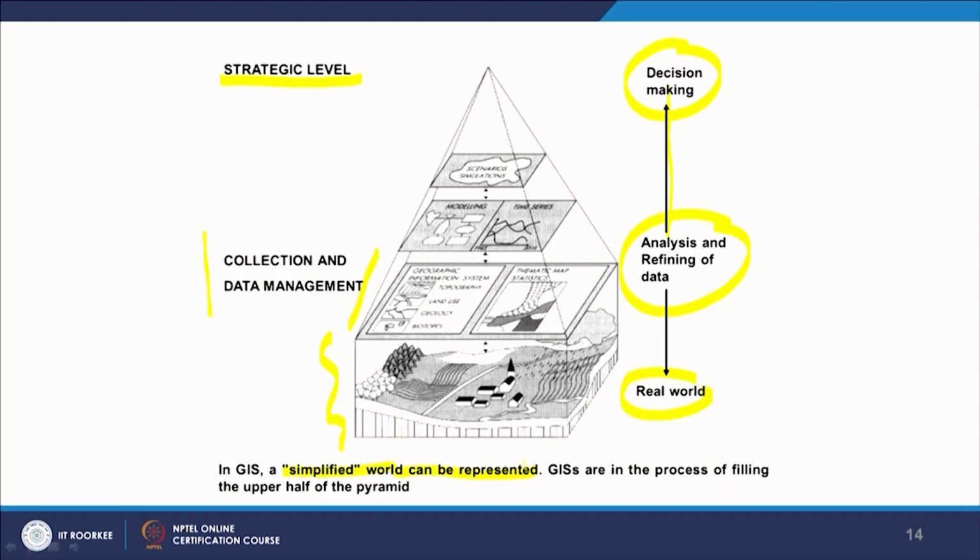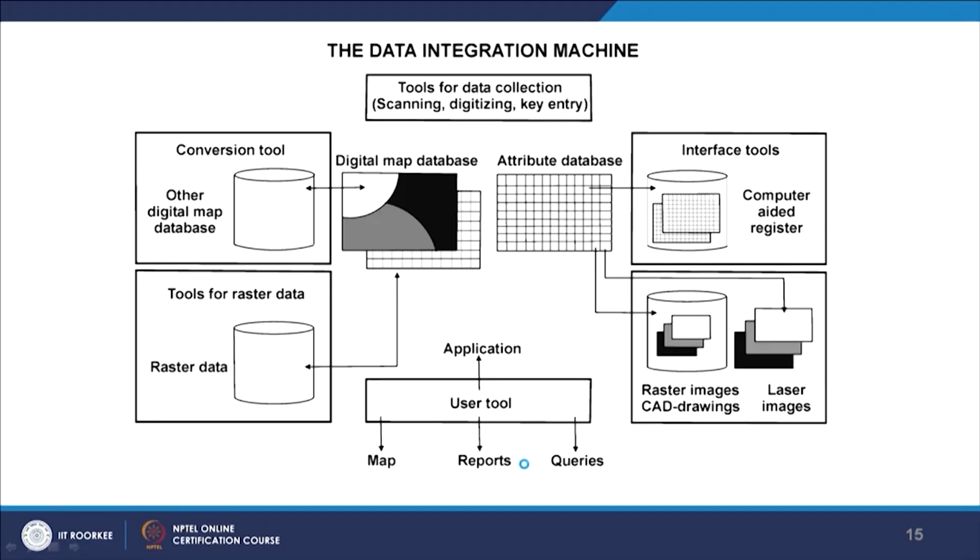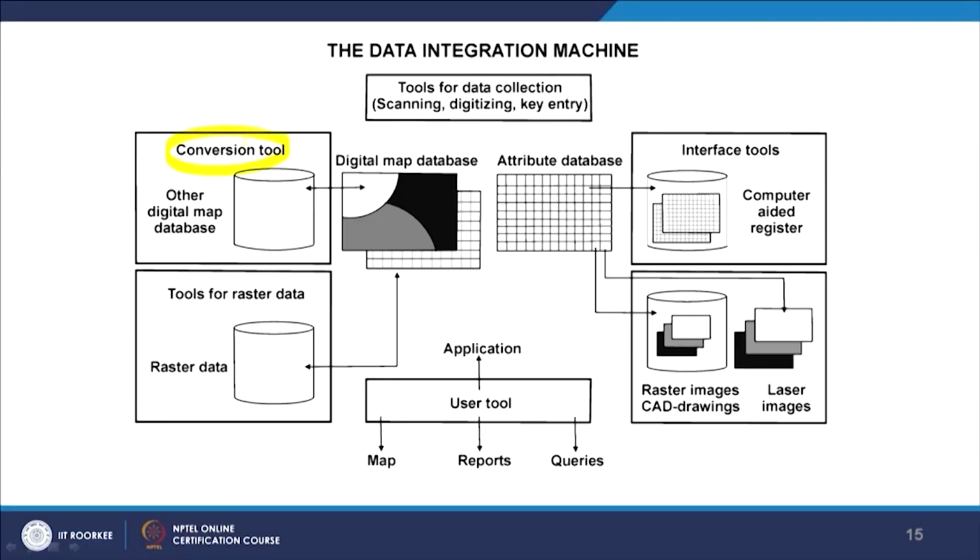If we see in machine form how it is stored, the GIS and data and other things, then for GIS you require a computer as well as software. Different GIS softwares are available. Those softwares will support your conversion tools, tools for raster data, one type of spatial data, like raster data and vector data; these details we will be discussing. Then attribute data, which we know through the database management system, and then you have digital maps, and of course in the last you have applications.